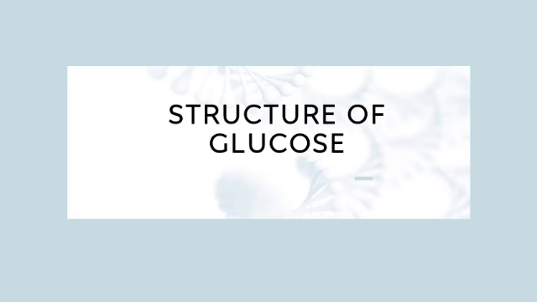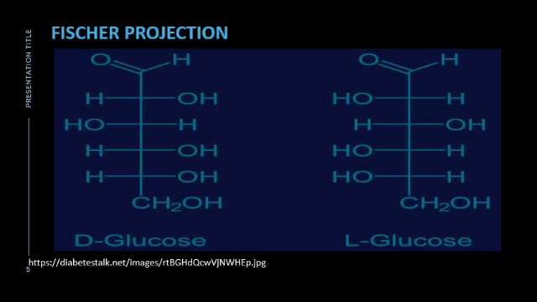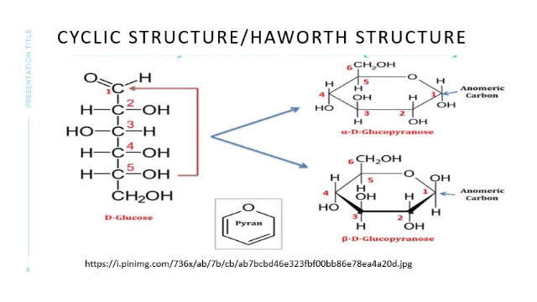Let's look into the first example, structure of glucose. Glucose is an aldohexose. Here is the Fischer projection, the paper representation of the dextrorotatory glucose and the levorotatory glucose. Let's look into the cyclic structure or